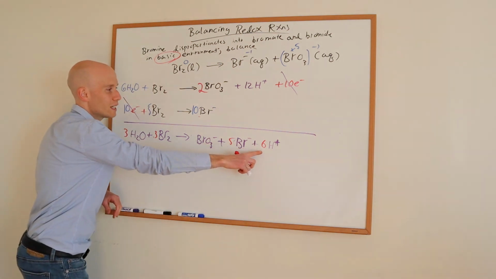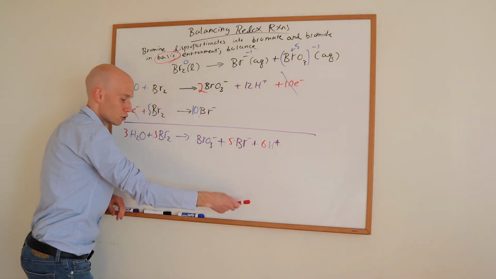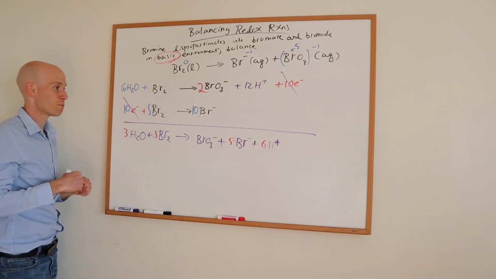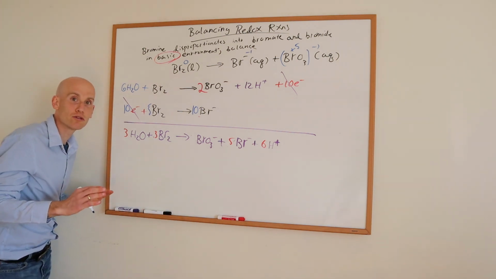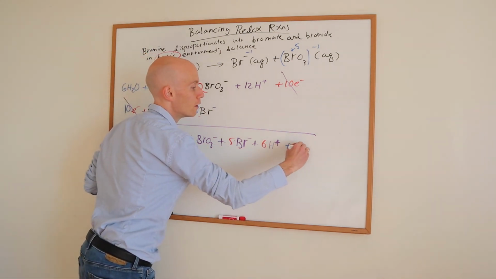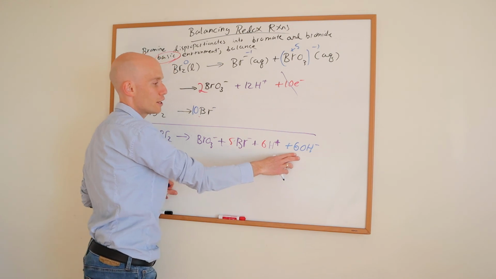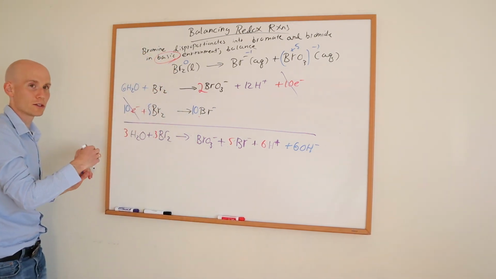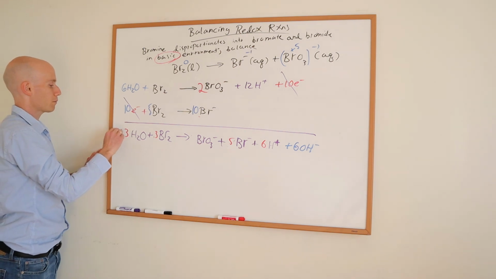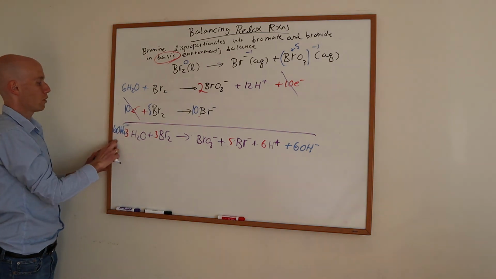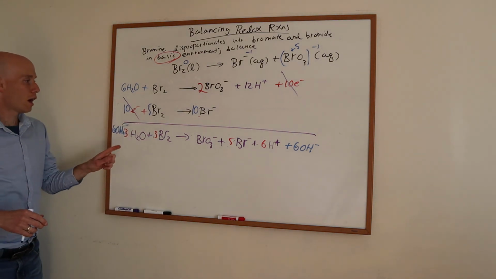So I have 6 H pluses here, so what I'll need to do for the basic modification is to add 6 hydroxides to offset this charge. Okay, now I just introduced oxygens and hydrogens on this side. I want to do the same thing on the other side, 6 OH- here on this side. Okay, I want to make sure that